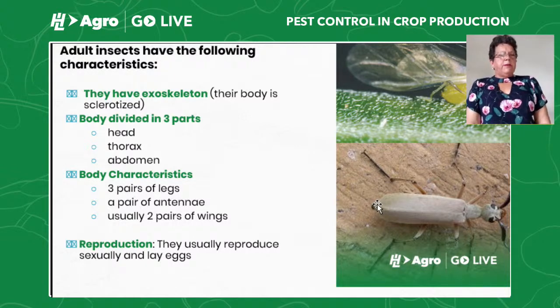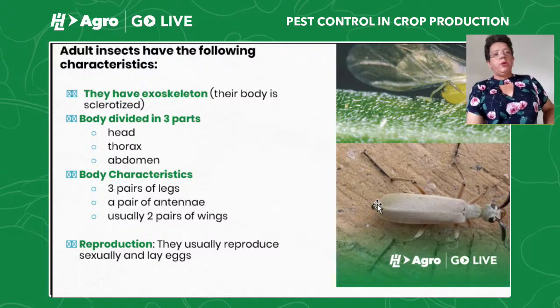They have 3 pairs of legs, a pair of antennae, and usually adults have wings. That makes insects very different from other arthropods that are related to insects, like arachnids or crustaceans. And normally, the reproduction of insects is bisexual, and they normally lay eggs.